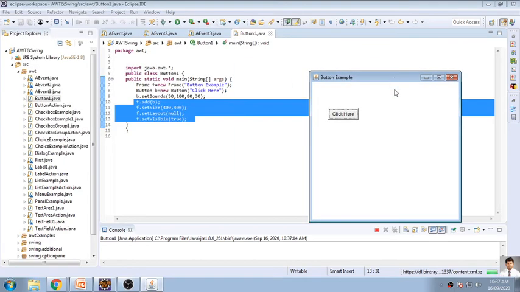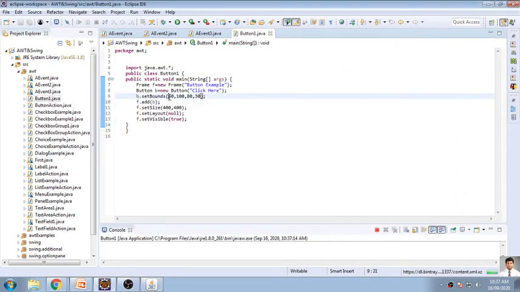Okay, now see, this button is displayed. Now see, x-axis means what? From this left corner, I am moving this button 50 pixels towards the right, so 50 space will be occupied. Then 100 from the top side. This is 50 and this is 100. And I'm specifying its width as 80 and its height as 30. So these are the four parameters of set bounds. If I want this to be displayed at 150, I just say 150.